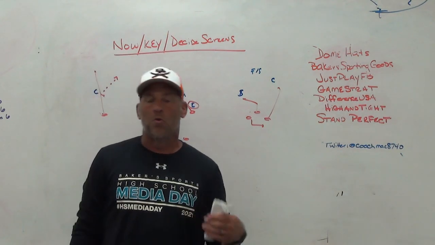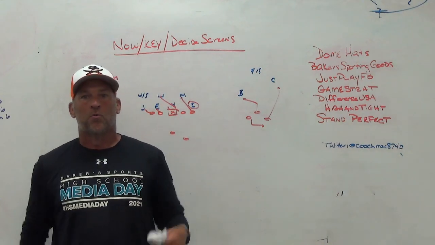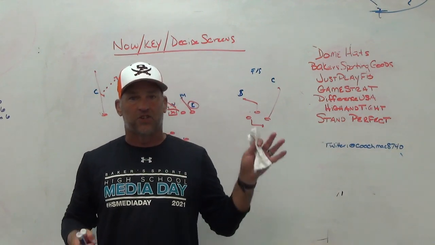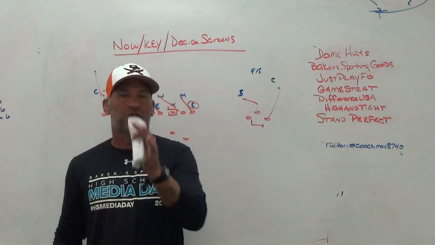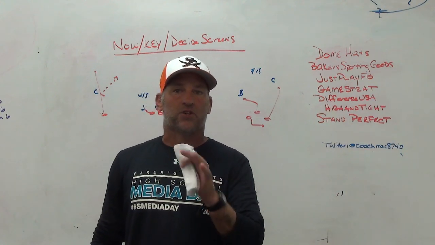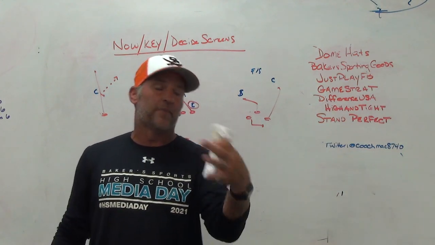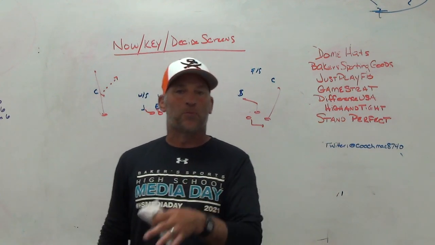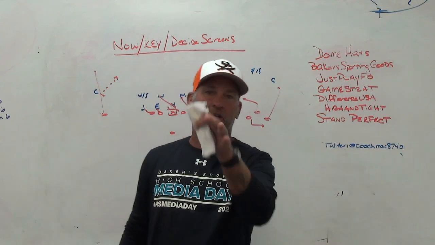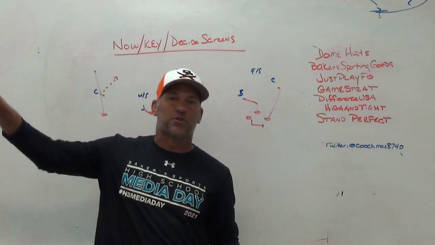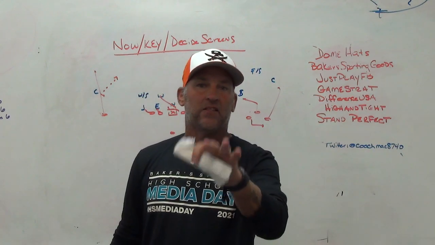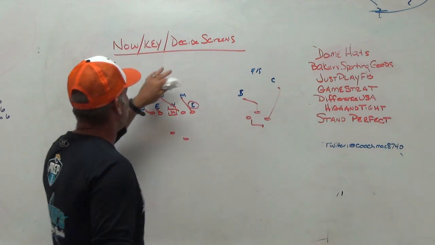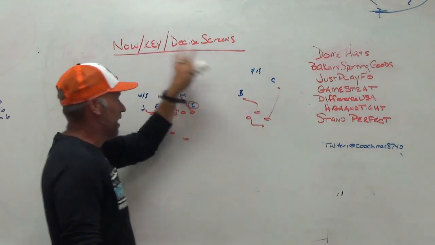All right, and we're working all week on numbers and angles and looks. We're basically telling the quarterback, look, the decision is on you. When we tag a decide screen to a run, the decision is on you to make when you catch the football, all right? And he's going to make the decision pre-snap. But the decision is on you where the football is going to go. If we're going to work the run game, it's because you want it to work the run game. If we're going to throw to the side screen, it's because you like the leverage, the numbers, the angles of the decide screen. And that's why we call it decide, and that's why we tag it to our run game,